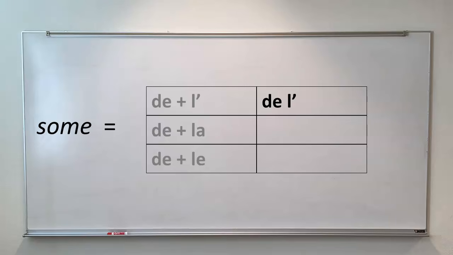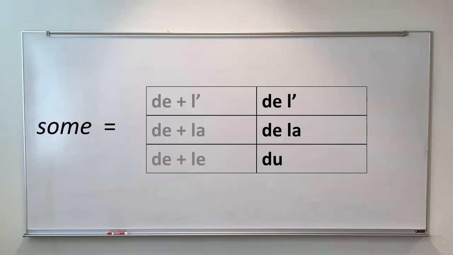Okay, we're going to look at an example in just a second. De and la, if your noun takes la, then you have de la. And if your noun takes le, if it's a masculine singular noun, the le and the de actually combine, they contract to du. So you may have seen or heard du, and you've been wondering, how do we get that word? What does it mean? Well, in this case, it's the partitive article, du.